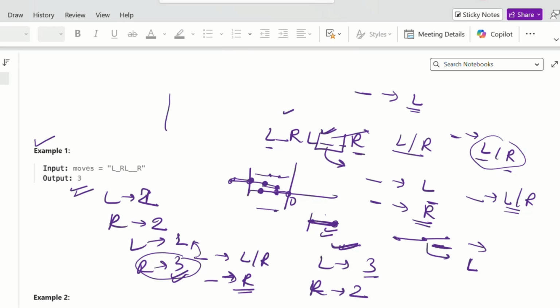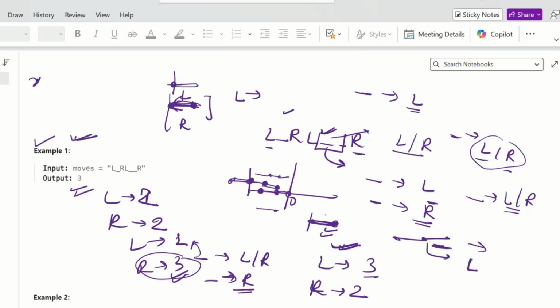And one more thing, if I go L for one unit, and for another unit I go R, then one L and one R compensate each other, and we are moving back to the original point. So how we can optimize this solution is